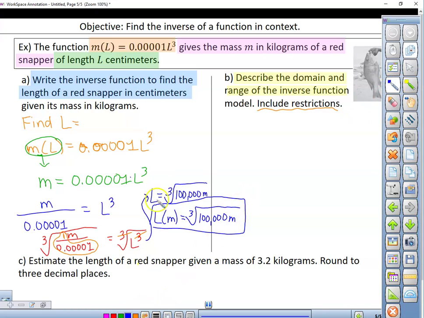All right, so again, I like to think it's easiest to use our function information. So we know our function here, m. So m is our dependent variable, so m is the range of this function. So the mass m in kilograms of a red snapper is the range of the function. Therefore, it becomes the domain of the inverse. So the domain of the inverse would be the mass in kilograms of a red snapper